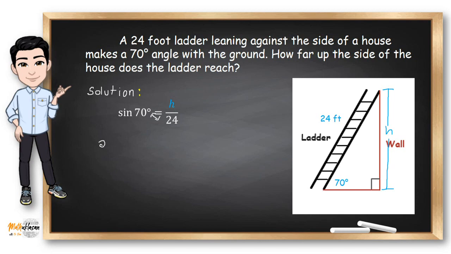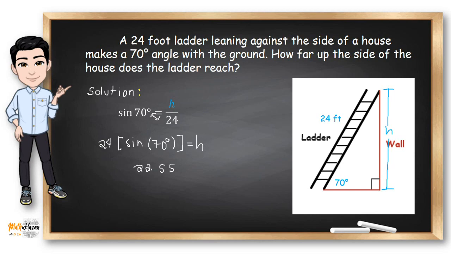So, this will become 24 times sine 70 degrees. Don't forget that your calculator should be in degree mode because the given is given in degrees. So, by pressing your calculator, what should be the value of 24 times sine 70 degrees? Yes, you'll get the answer 22.55